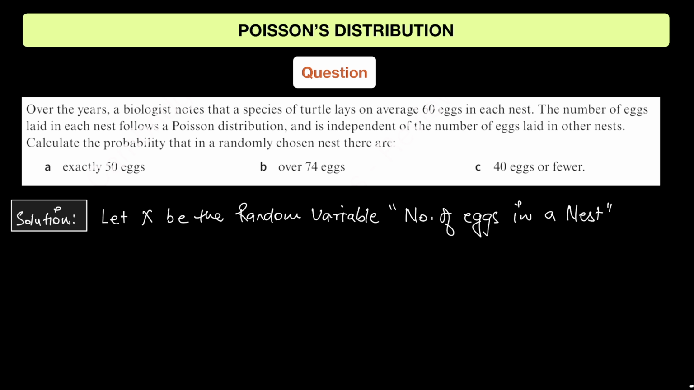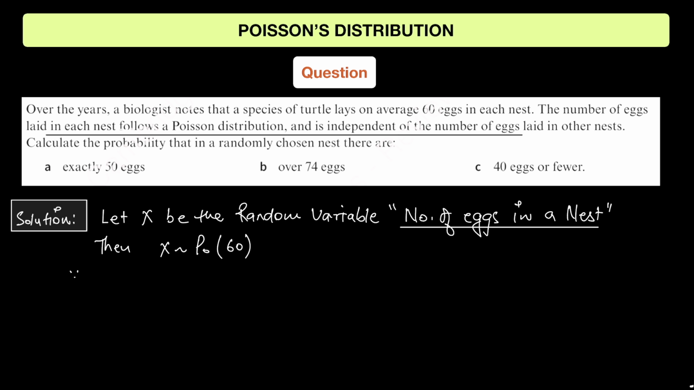Okay, so x is representing the number of eggs laid by the turtle in the nest. So we will say that x is following a Poisson distribution with mean 60. We can see that it is a Poisson distribution with mean 60 because the question was already saying that it is following a Poisson distribution. You can see it right over here that since the mean lambda is 60, which is greater than 15,